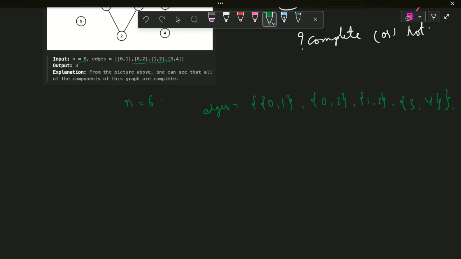I have already discussed what complete connected components are. Now, they have given 6 vertices, that is n is equal to 6. We should take vertices from 0 to n minus 1: it is vertex 0, vertex 1, vertex 2, the third vertex, the fourth vertex,